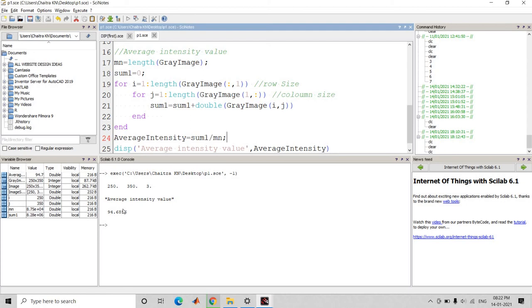Here 250, 350, 3 is the size and dimension of the image. 250 is the row size, 350 is the column size, and 3 means the RGB image is always 3 dimensional. If you calculate the dimension of the gray image, by default it does not show any value in the third parameter, means gray image is always 2 dimensional.